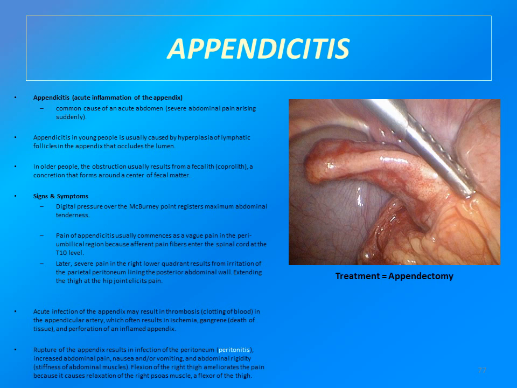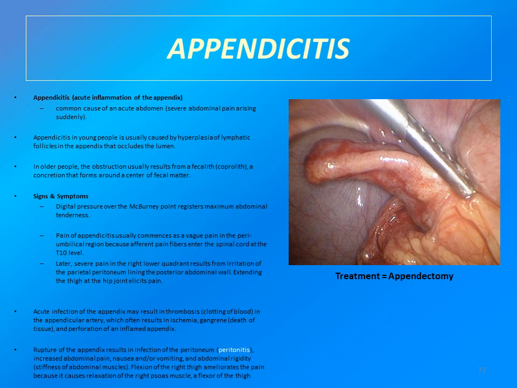Appendicitis is an inflammation of the appendix. You can see an inflamed appendix at the right. In young people, it's usually the cause of hyperplasia of the lymphatic follicles that then occlude the appendicular lumen. In older people, it usually results from a fecal lith, which is a concretion that forms around a center of fecal matter. Signs and symptoms include pain caused by digital pressure over McBurney's point, also referred pain,